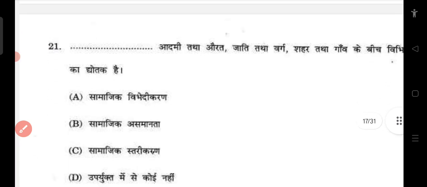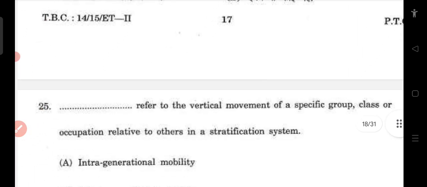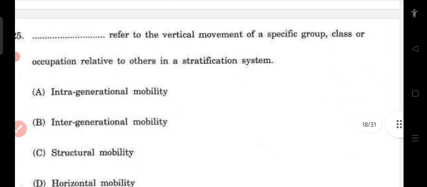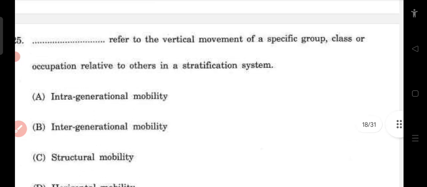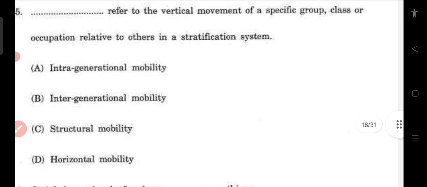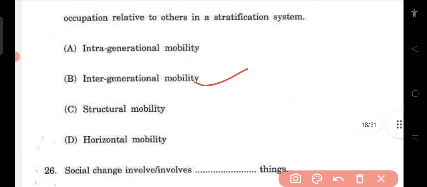Question number 25 is asking: dash refers to the vertical movement of a specific group, class or occupation relative to others in a stratification system. Intragenerational mobility, intergenerational mobility, structural mobility, horizontal mobility. So here the answer would be intergenerational. Why? Because